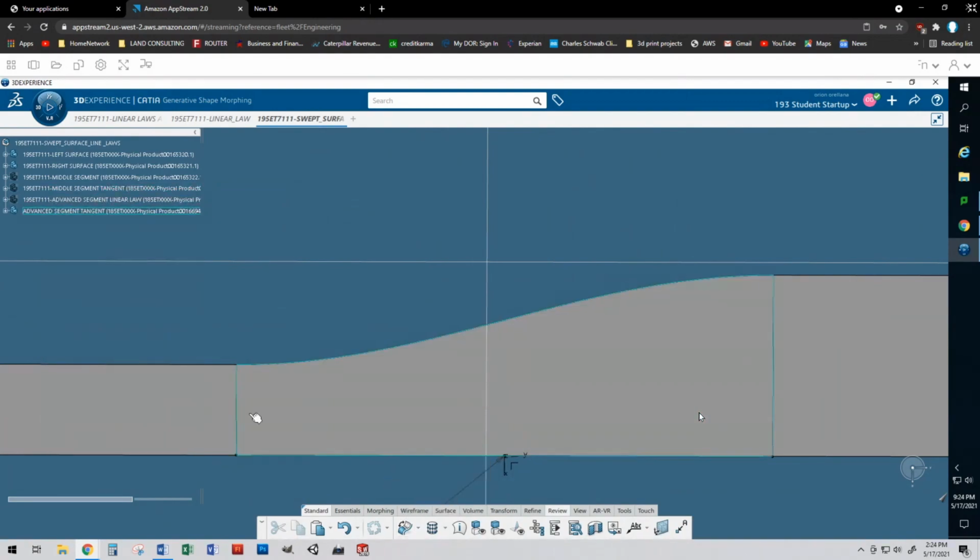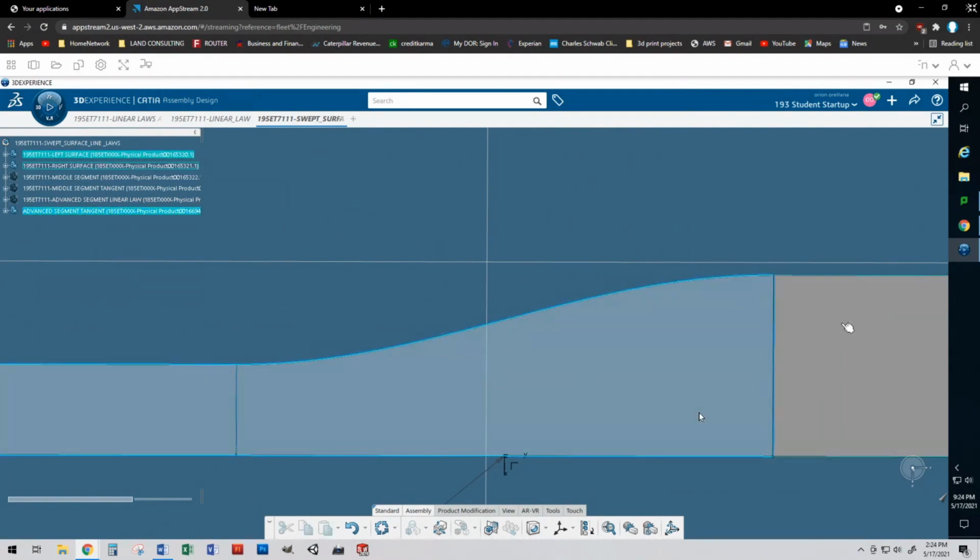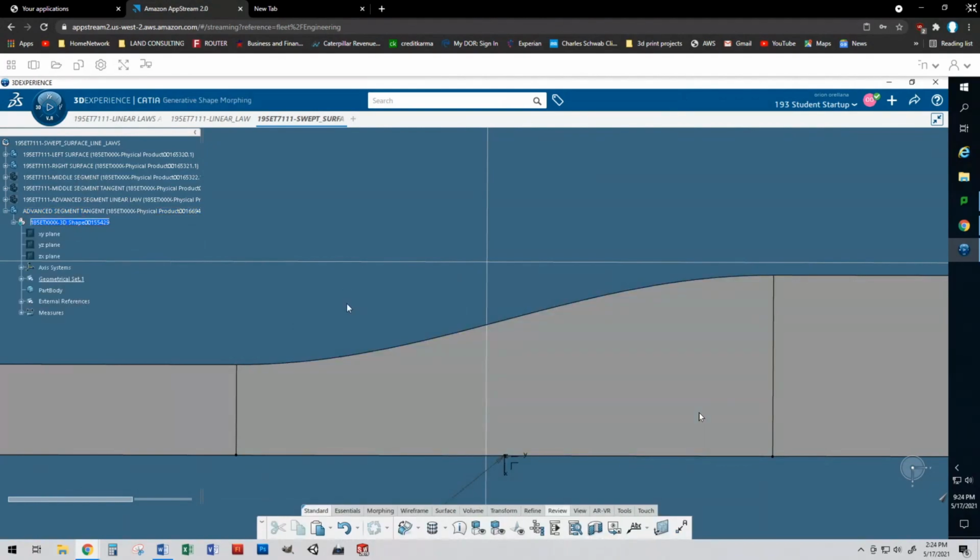Let's do this. Pick the surfaces. Pick all 3 surfaces. Using your control button, grab all 3 surfaces. And this time we're going to do not a boundary check, but a surface to surface check. So now we can go to, we're going to have to open up the last part and double click that to get, see it said assembly workbench. Now we're in generative shape morphing. Now we can select all 3 surfaces